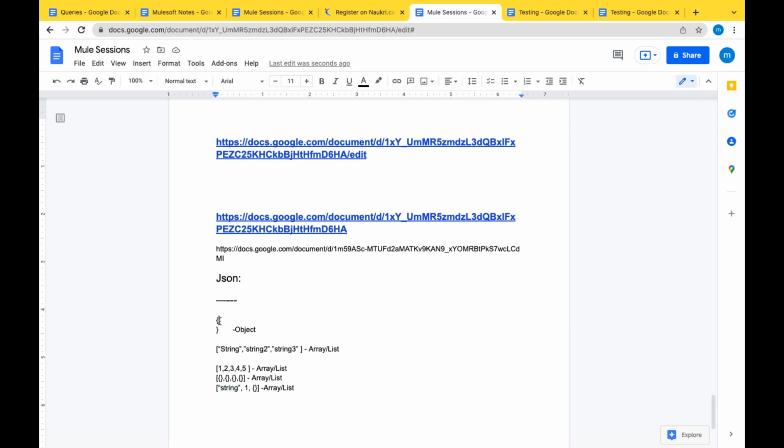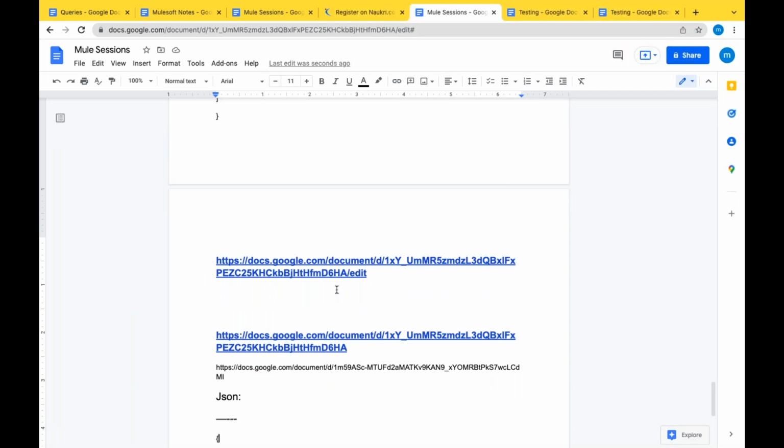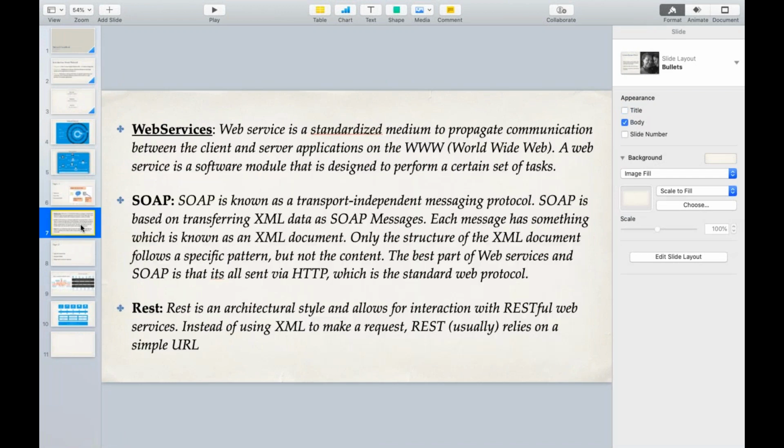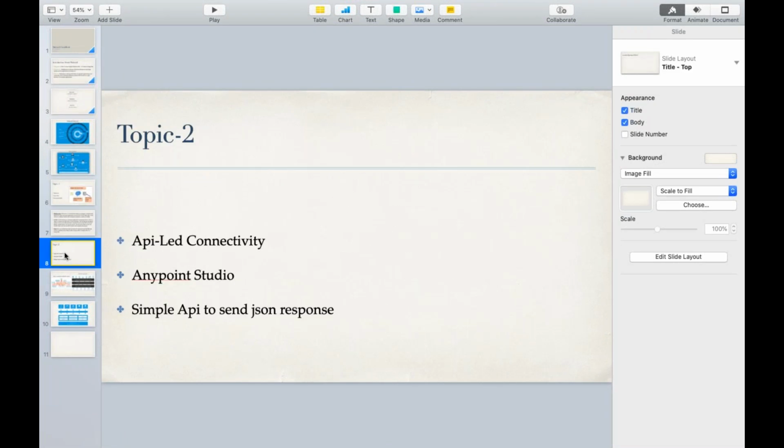So what exactly goes in this object and how do we define key value pairs? When someone talks about JSON, the most used term is key value pair. What is the key and what is the value? We'll discuss what goes into the key and what goes into the value in tomorrow's session. Not only that, tomorrow we will discuss API-led connectivity, what exactly API-led connectivity is.